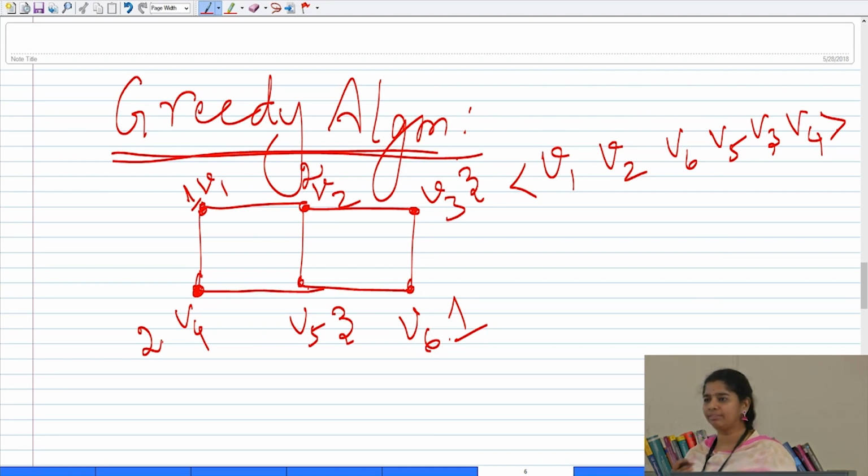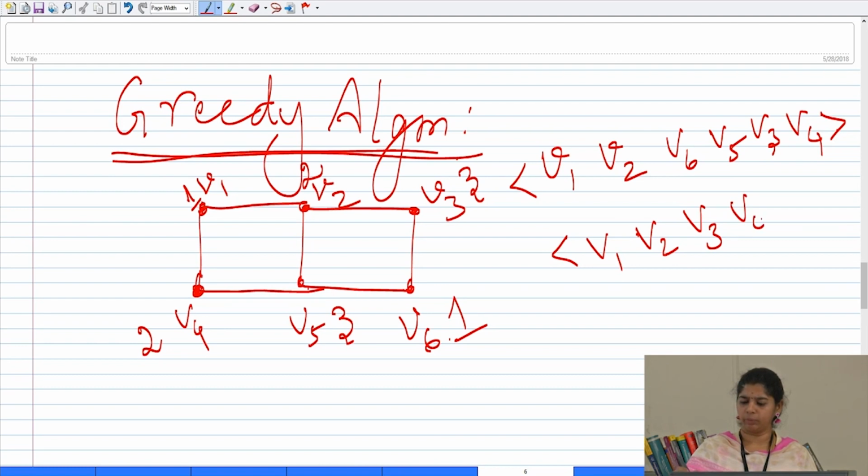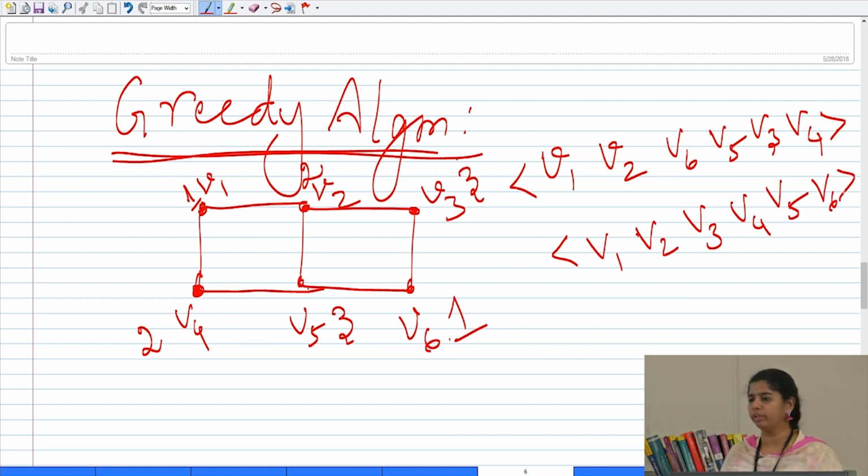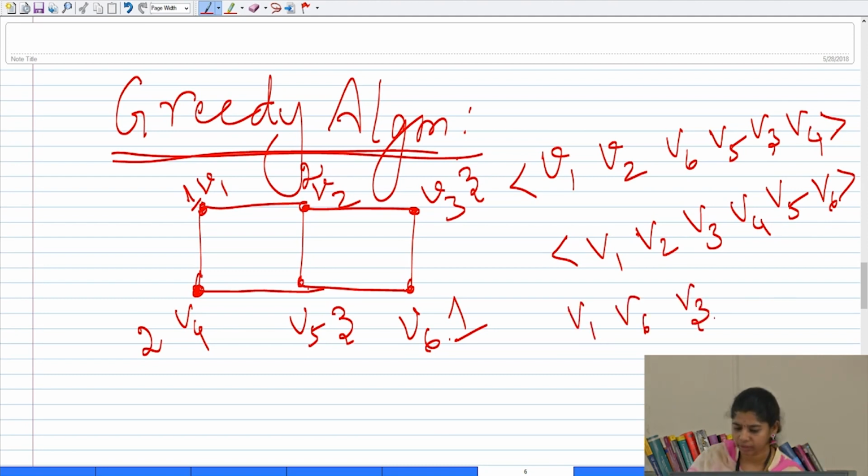So one disadvantage of the greedy algorithm here is that it does not always give the optimum solution, because already we have seen that 2 colors are enough for this. For that, again I can look at the ordering and give you the usual sequential order. If I give V1, V2, V3, V4, V5, V6, this requires 2 colors. So I can just sequentially go about it. In fact, my greedy could produce a worse coloring also. So suppose I use this sequence,